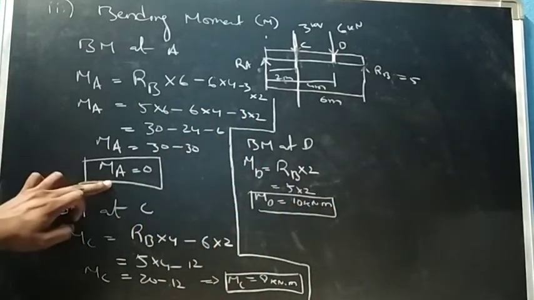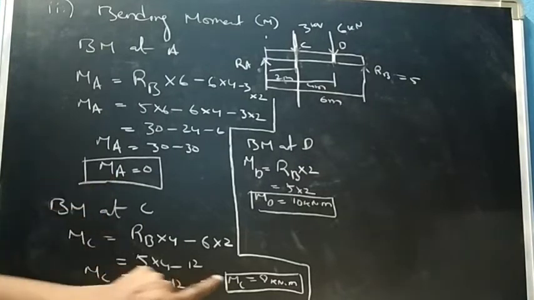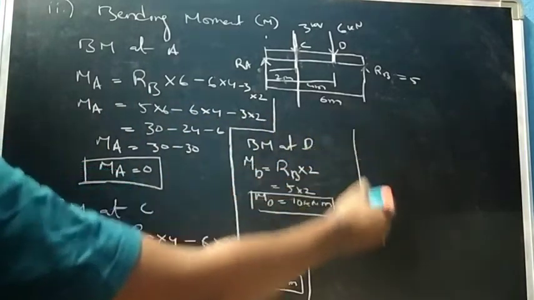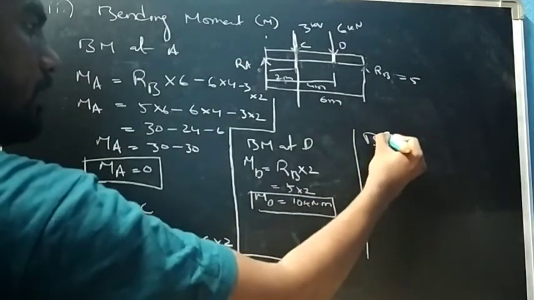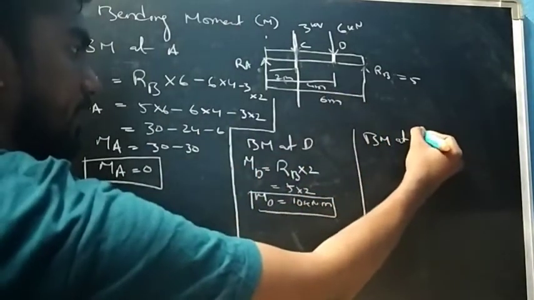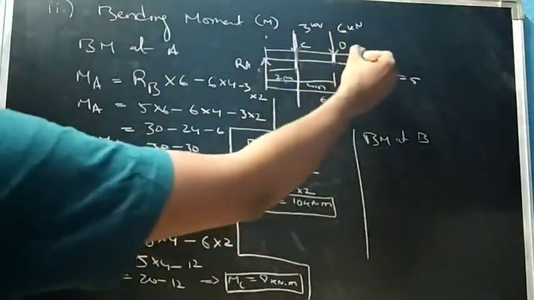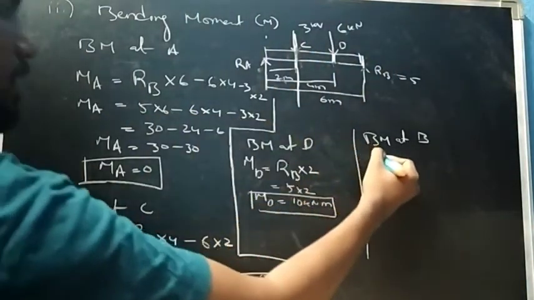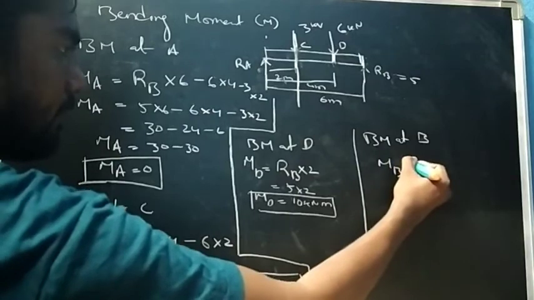So now we got moment at A, moment at C and moment at D. So what is left? Moment at B. Okay, we'll do it here. So bending moment at B. So now bending moment at B equals